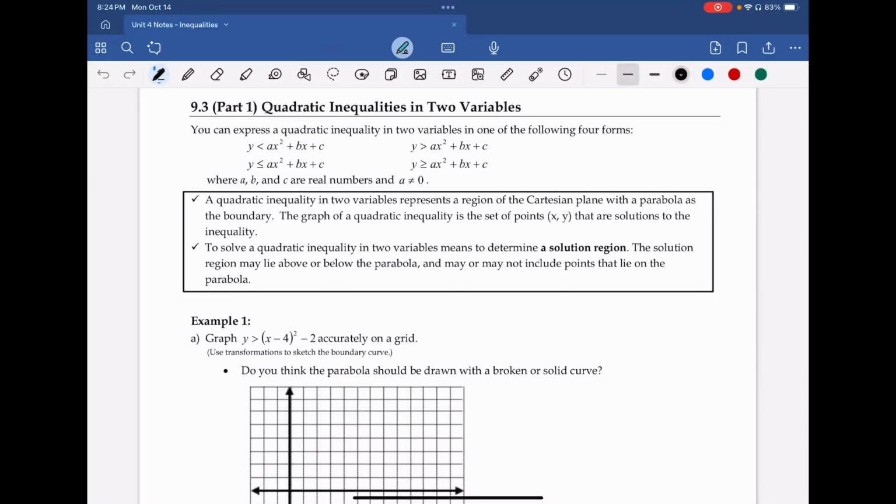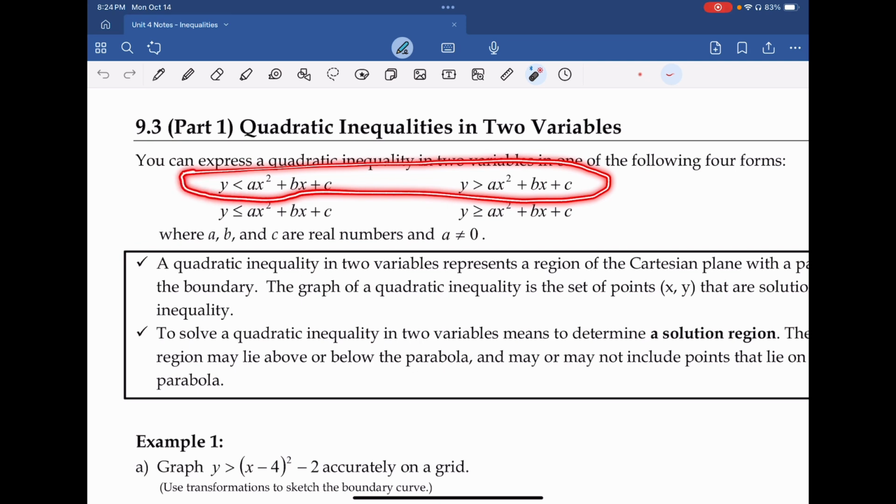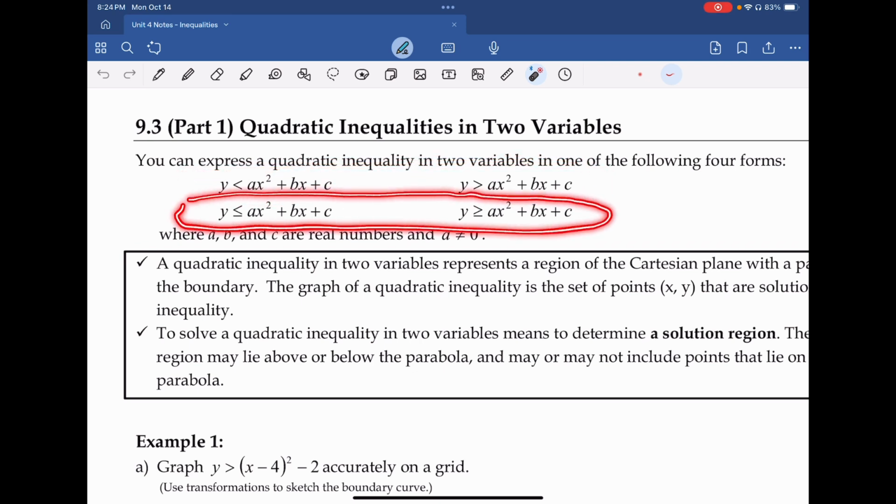All right, so now we move on to lesson 9.3, part 1 and part 2 in this video, which is dealing with quadratic inequalities of two variables. Now, first and foremost, we can address the quadratic inequalities in two variables in the following formats. We can have y less than or y greater than, and those are strict inequalities. We can then go on to less than or equal to or greater than or equal to,